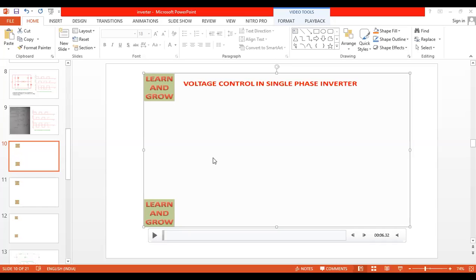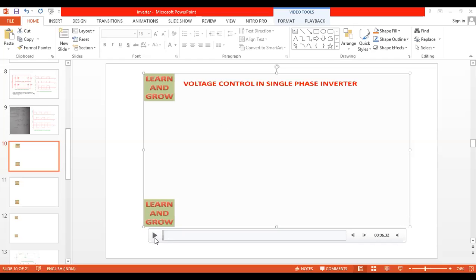Power electronics says how to control and vary the output power to the load. So what are the techniques? Basically there are two techniques. One is internal control. Another one is external control. Internal control of voltage is done by using the pulse width modulation technique. Remember this one. If anyone asks you to design one inverter, your own circuit which converts fixed DC to AC, that AC has to be variable. How to vary the output voltage? There are two techniques: external control and internal control. Internal control involves the pulse width modulation concept.